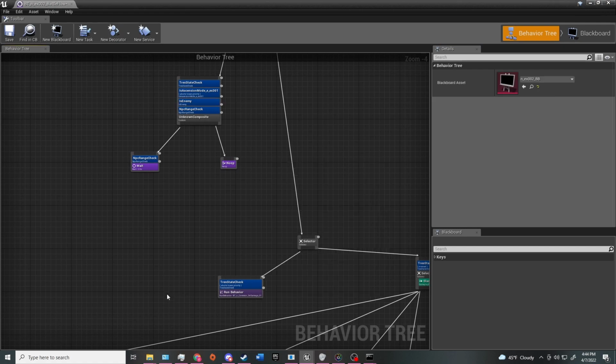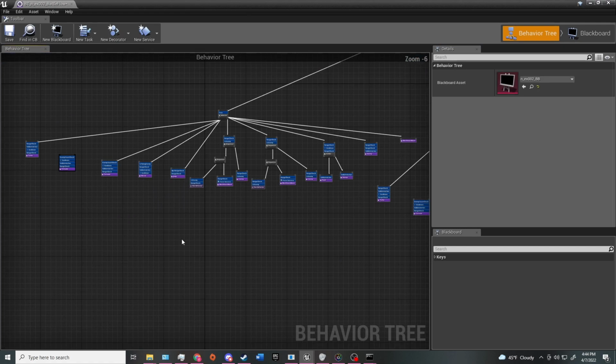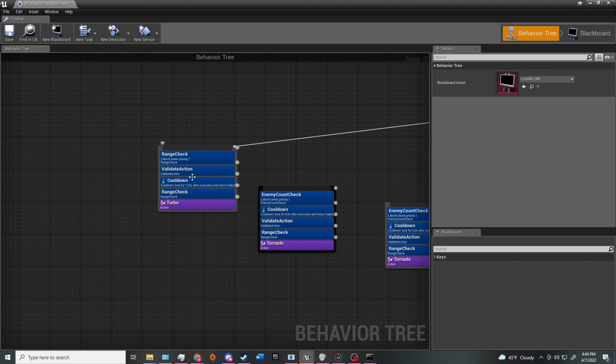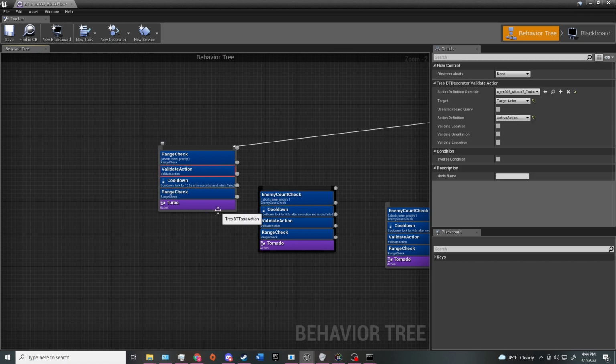Validate action is a really important one. We'll go on to validate action. This validates the attack files that will actually execute. If you remember from our tutorial for the soldier behavior tree, his attack file said that he can only use his move if he's 590 square units away. And so this decorator node will automatically validate the action that you put in here in the action definition override